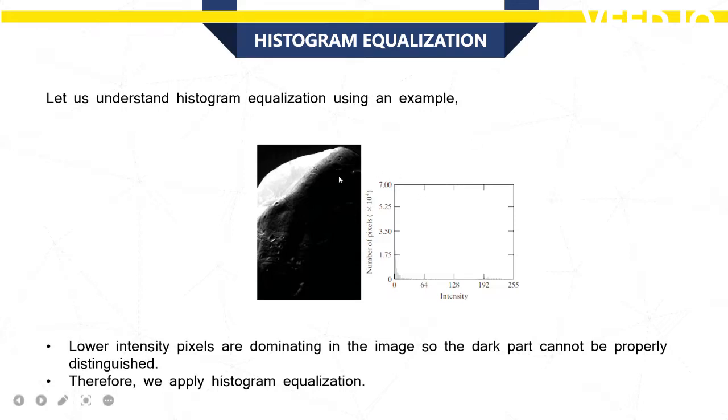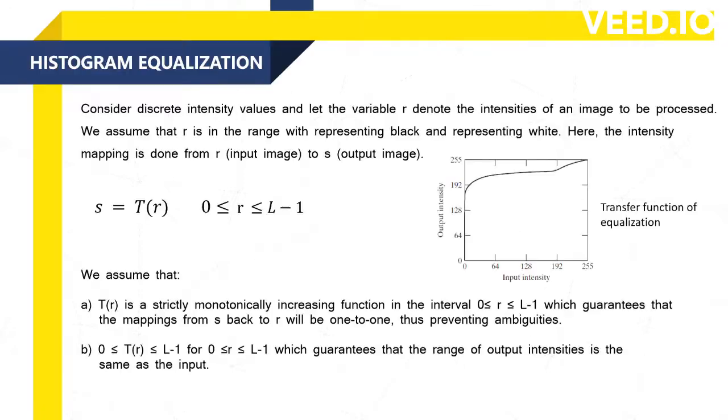Here we can see that the image has low contrast and we cannot observe many details in the black region. So we need to apply histogram equalization to find out more features about this image. Firstly, we need to create a transfer function such that we can equalize our image and increase the intensity range of our image. So we take a transfer function T such that it is monotonically increasing